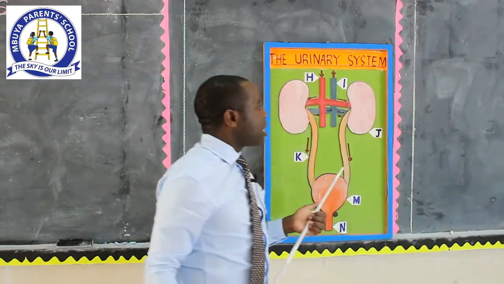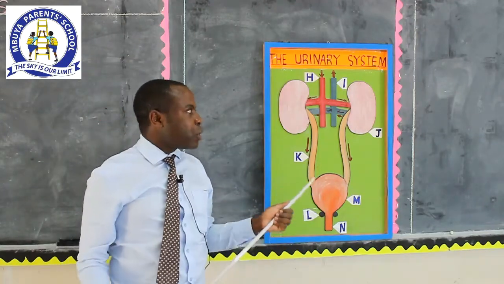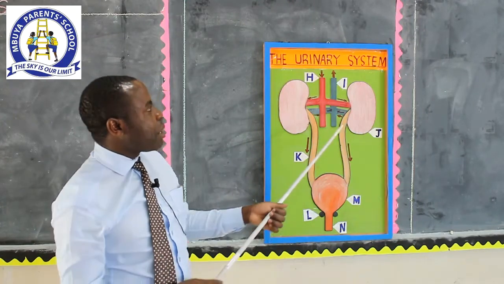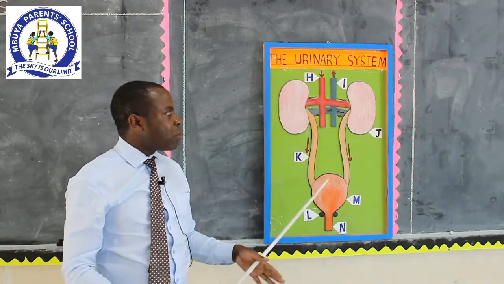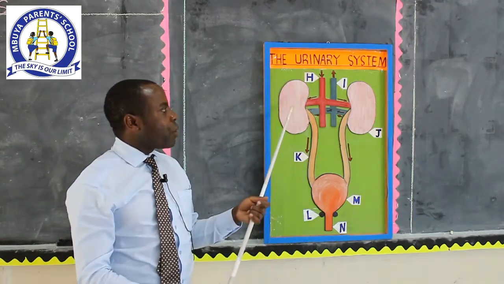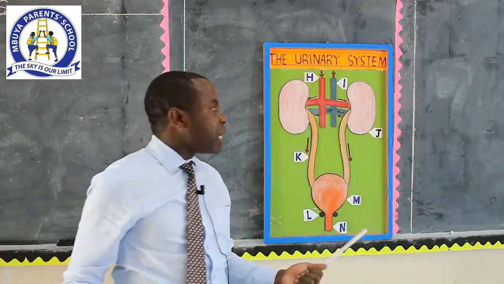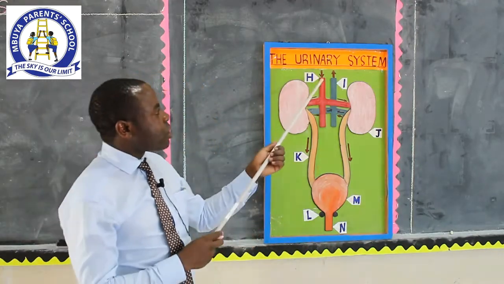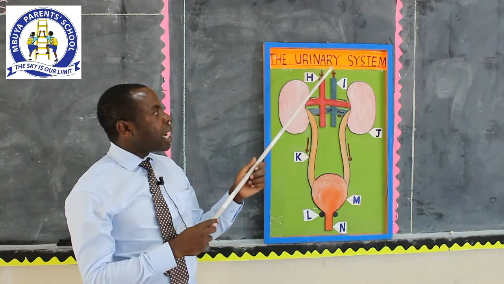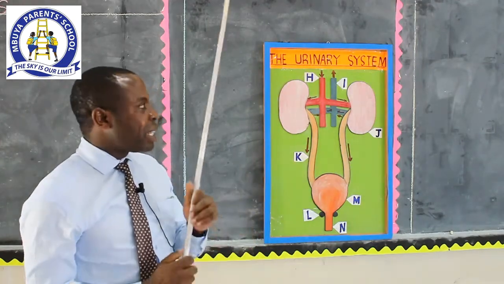So we've said the kidneys are 2 reddish brown bean-shaped organs found in the upper abdomen. Now, here we are having parts that form the urinary system, but remember our target is the kidney. Now, these 2 kidneys don't work alone, and I want you to observe clearly. We have got the arrows. Are you seeing this arrow? Yes. And are you seeing this arrow? Yes. They are very important when you are identifying